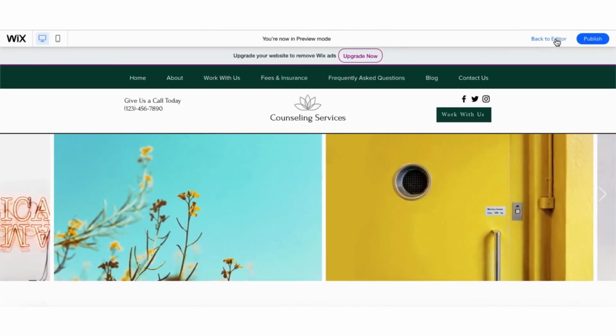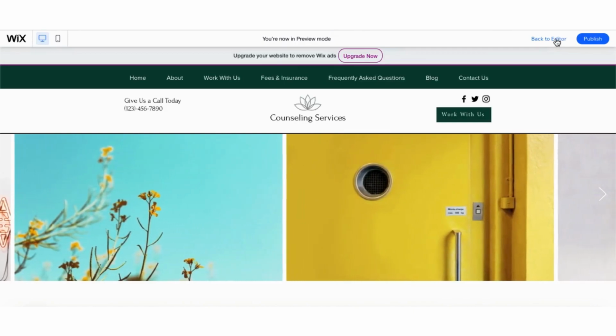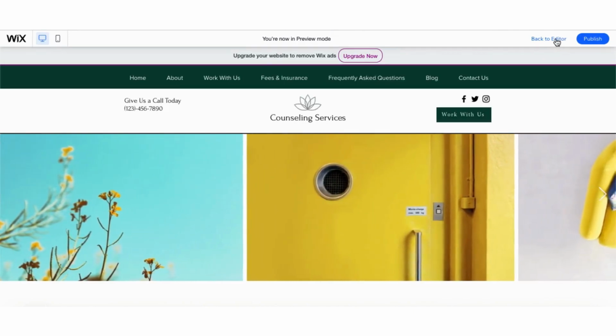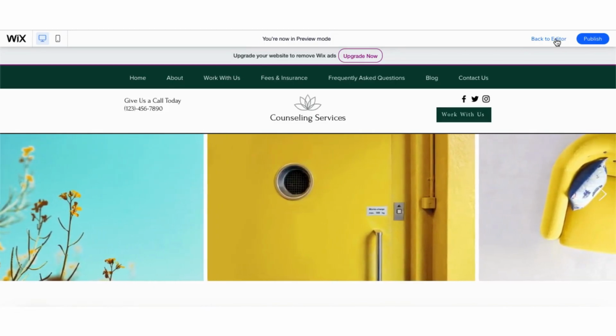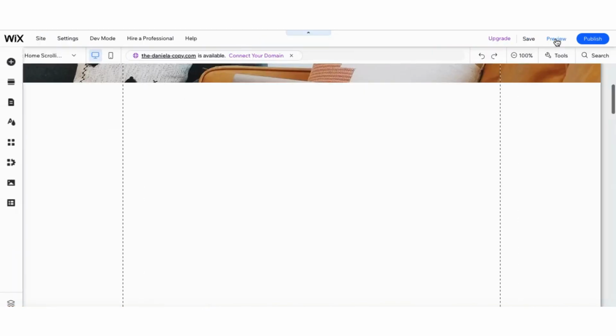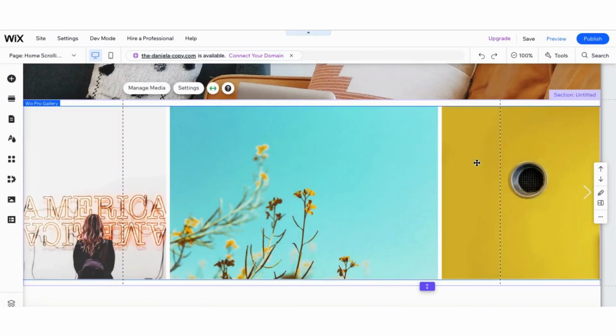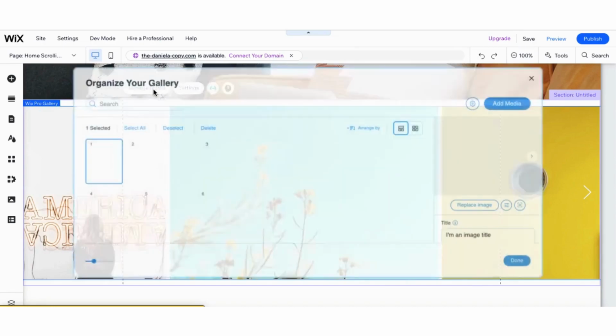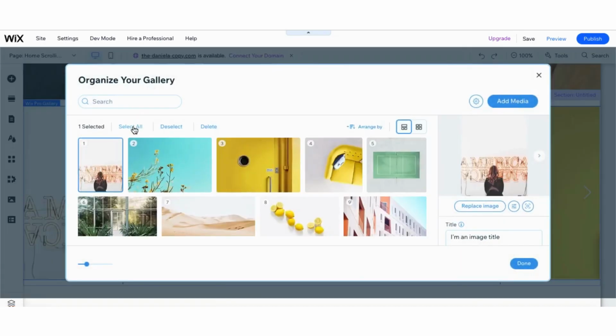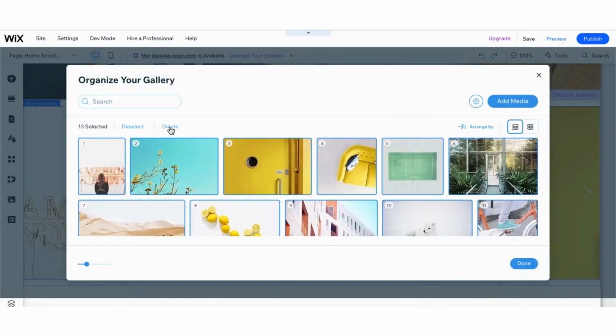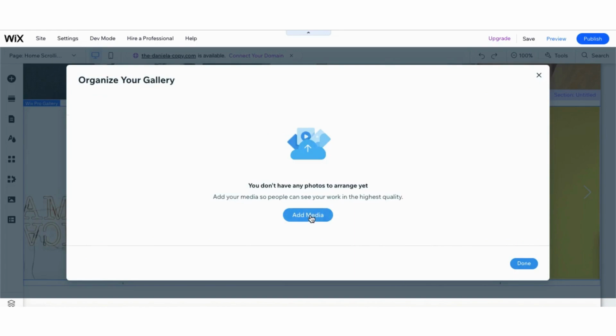Next, we'll go back to our website. This is where I left off in my previous tutorial, and that is with the images in the slideshow. So we want to replace these images with the text that we just downloaded, and we can do this by going up to Manage Media. Once you're here, click Select All, and then Delete. Then add Media, Image,